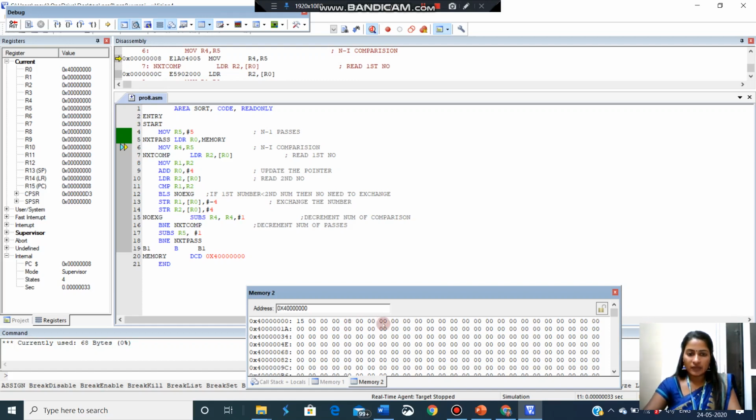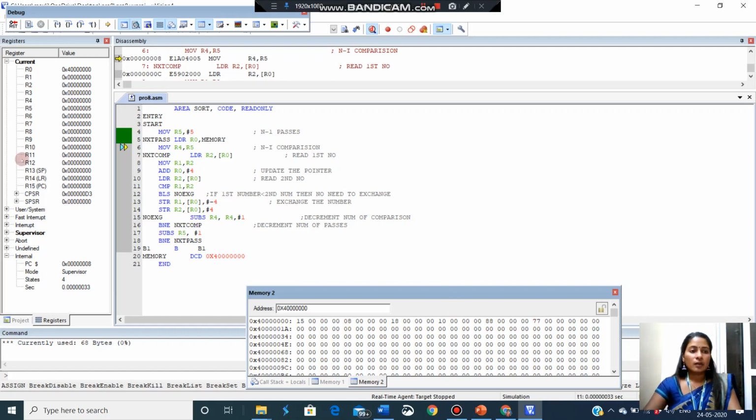Next, after leaving 3, so that it becomes 32, I am giving 18. After leaving 32, I am giving 10. Next 88. Next I am giving 77. So this is my array.